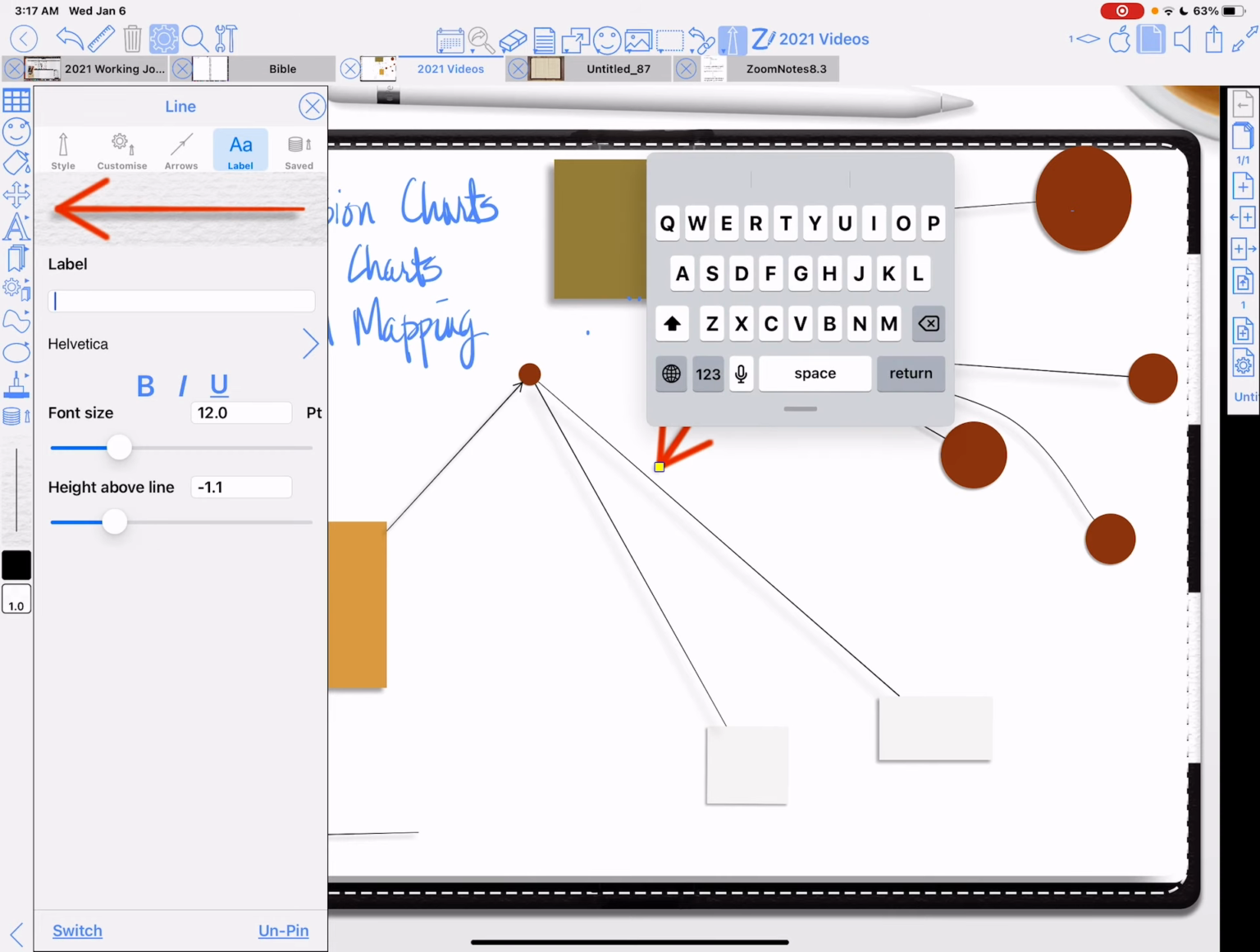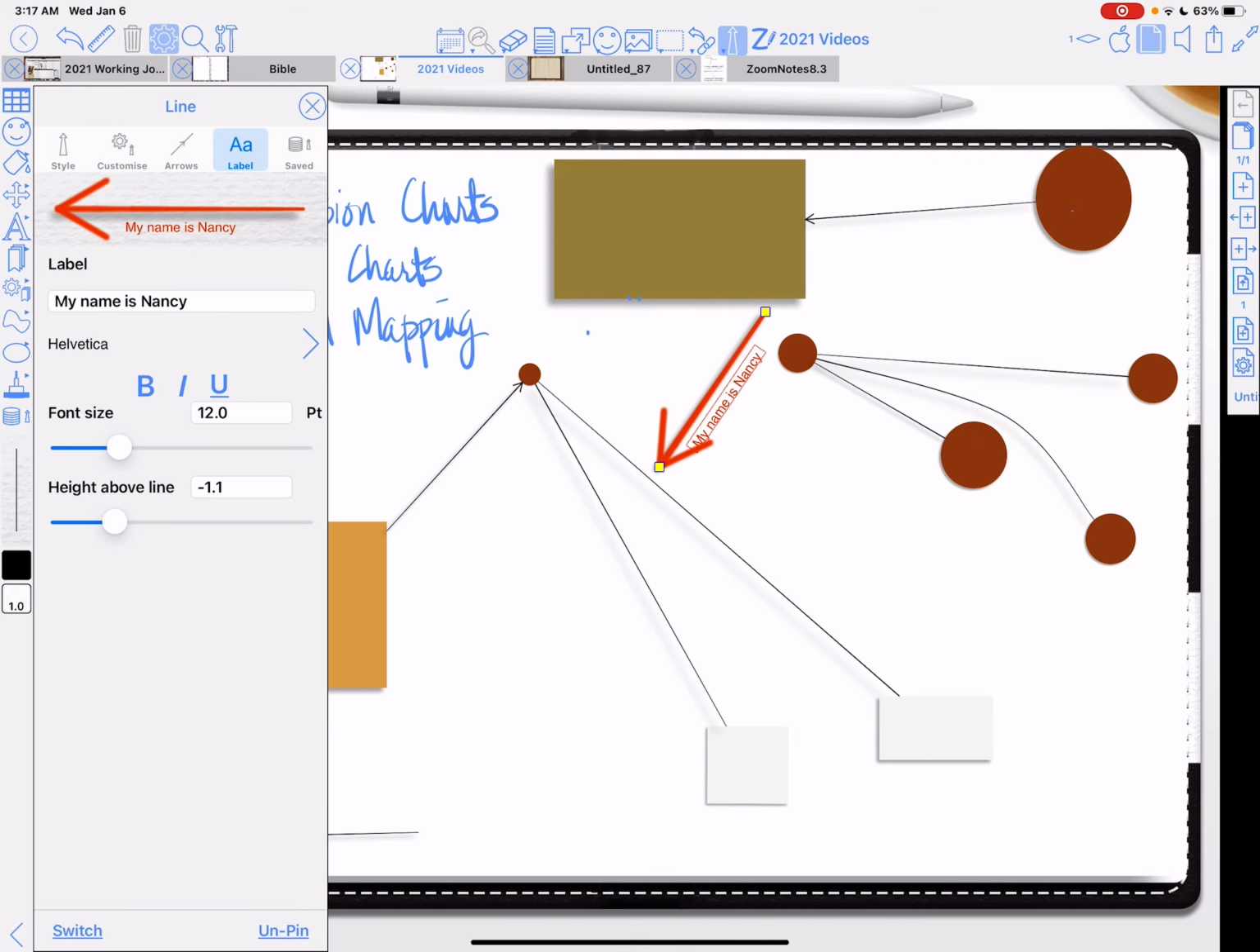And the label, my name is Nancy. And okay, hit return. And see the label. If I adjust the height above the line, it moves. You know, I could change the color of the text probably. Anyway,